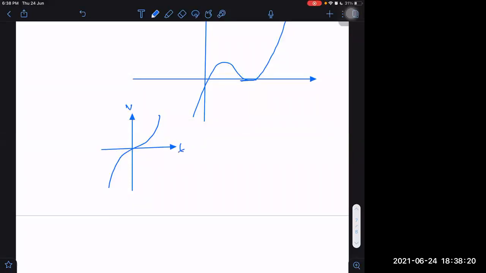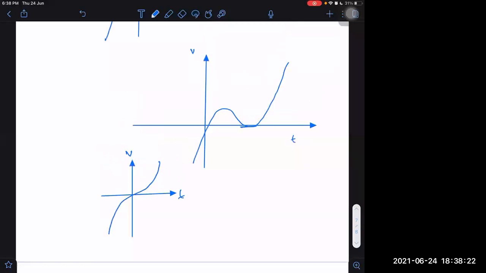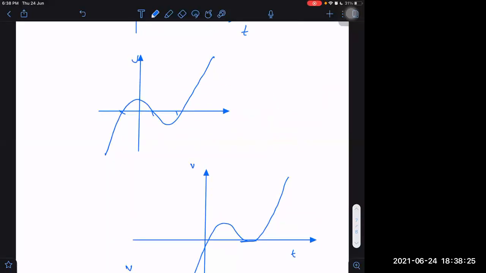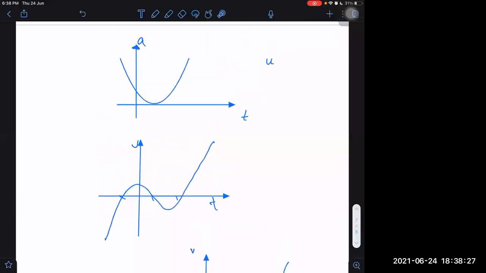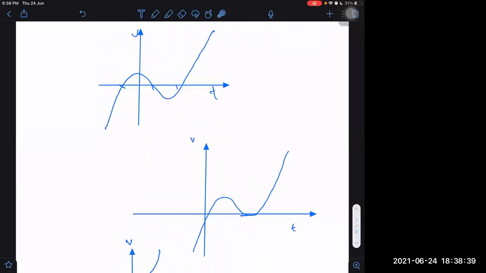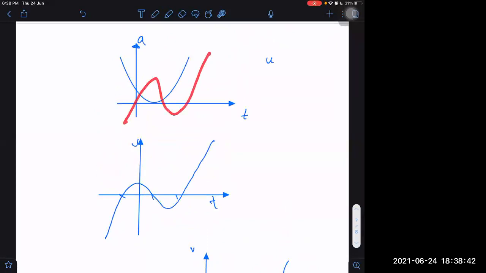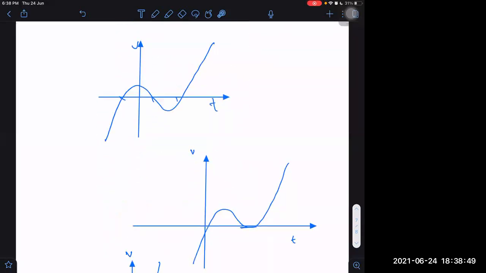So for cubic equation graphs, if you know how to plot them, then you know a parabola will turn into a cubic on integrating, and you can quickly tell what the graph is, even if they are giving acceleration, which is very complicated. Normally such graphs you expect for displacement, but they may give it for acceleration, which doesn't mean we cannot get the answer for velocity. Then they may give a cubic graph of acceleration versus time. Then we know if it is cubic, then velocity versus time will be biquadratic. Then there will be 4 roots in that case. Okay.